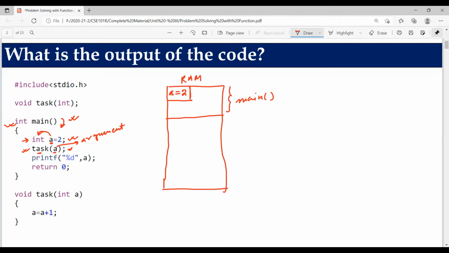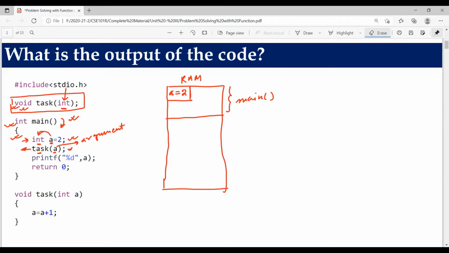The compiler will first check whether that function is declared within the body of main. If it is not found, it will look in the space before main and after the header files and pre-processing statements. Here the compiler finds that a function has been declared. Its return type is void, so the task function is not returning anything in this line. That means the return type should be void, which is fine. The task function accepts an argument a of type integer. So the compiler checks the declaration for an argument type, and yes, there is an argument of type integer.